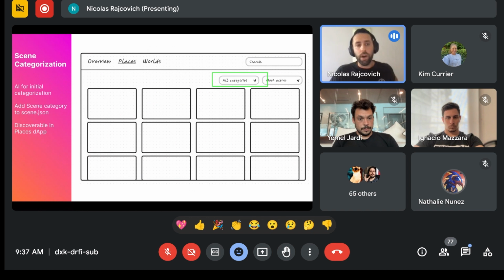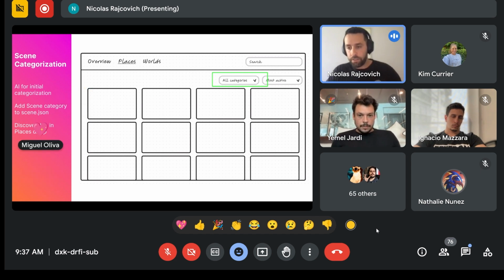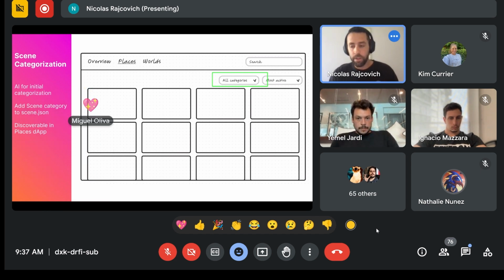We're also going to add scene categorization to all the scenes. The way we're going to do this is by defining a set of categories and then using an AI model to do an initial categorization for all the scenes using the information in the title and in the description. Then all of the scenes will be categorized and discoverable in the Places tab first, and then we're going to do the release to the Explorer. But I expect it to happen first in the tab.